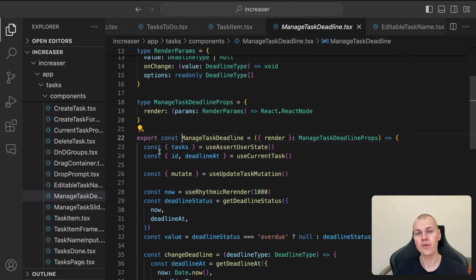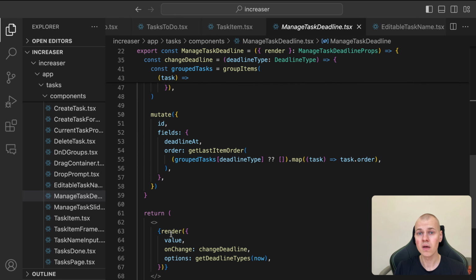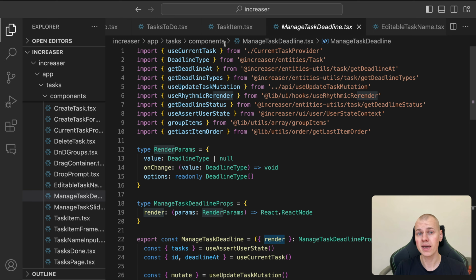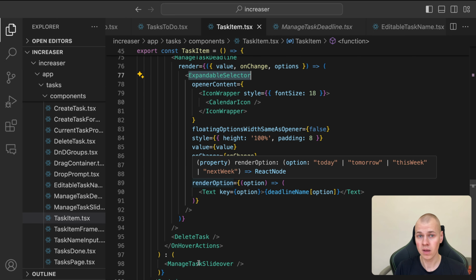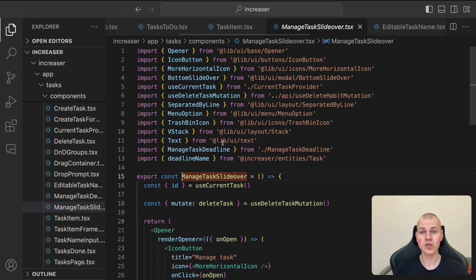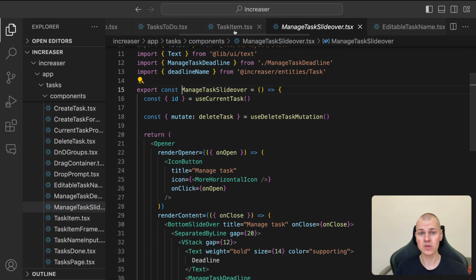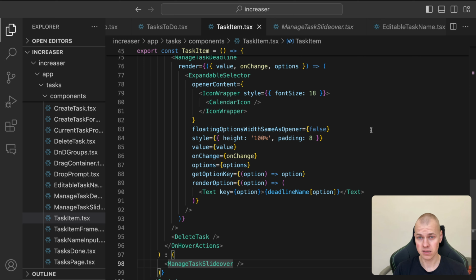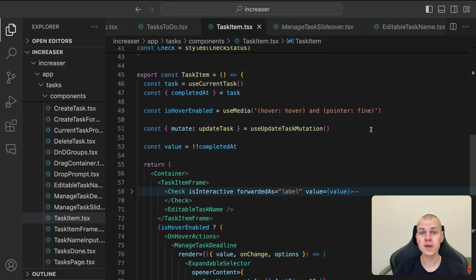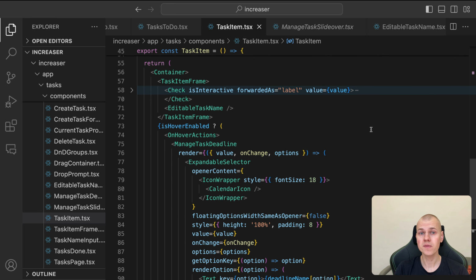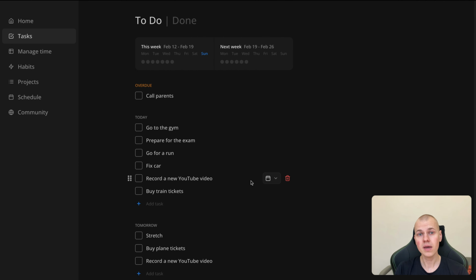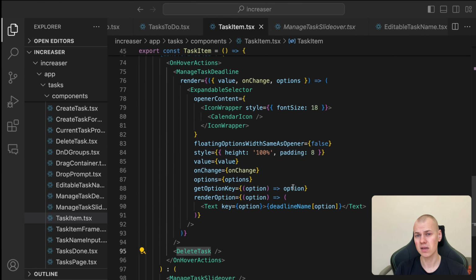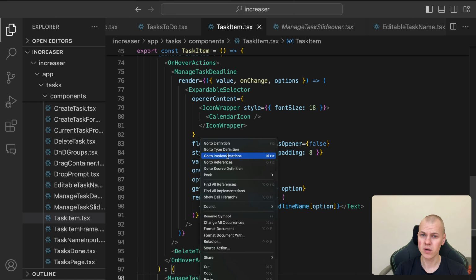the actual rendering is determined by the consumer. Thus, on desktop, we'll display a drop-down, and on mobile, we'll display a slide-over panel. When changing the deadline, we also need to update the task's order so that the task is placed last in the new group. On mobile, we display the options for deadlines together with the delete task button within a bottom slide-over component. Here we use the same manage task deadline component, but instead of a drop-down, it will be a